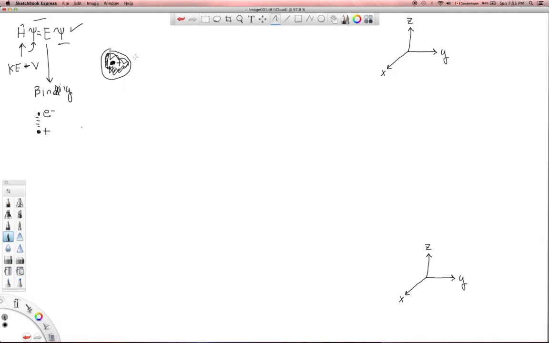You don't have anything else going on other than this system. This atom is basically a system sitting all by its lonesome. Then time really doesn't play any role in the evolution of this system. It's just sitting there. So we can look at an atom all by its lonesome, a hydrogen atom specifically, with this type of formulation. Okay, so that's a time independent Schrodinger equation,